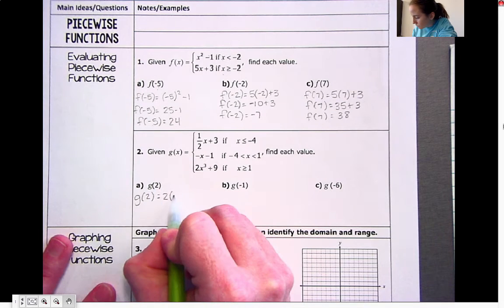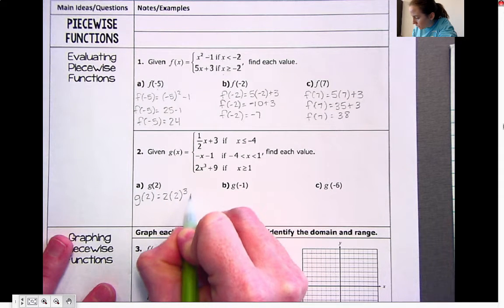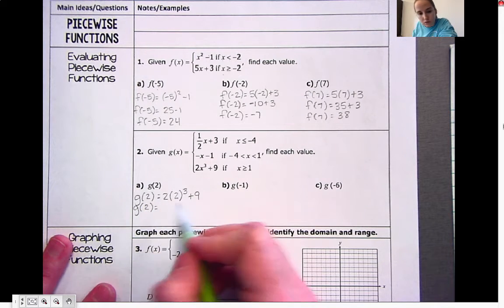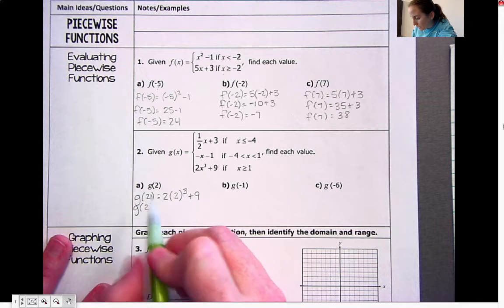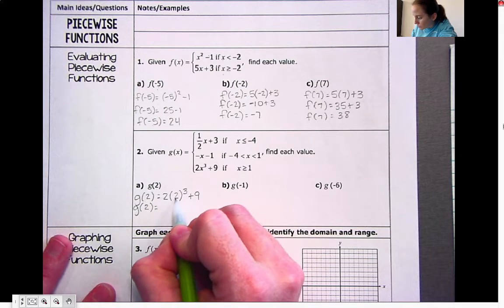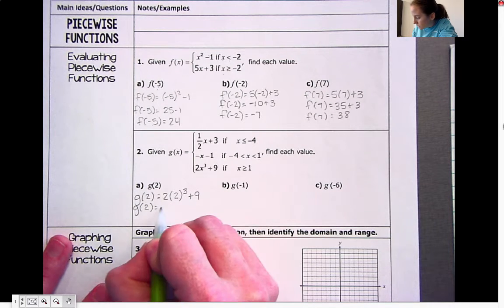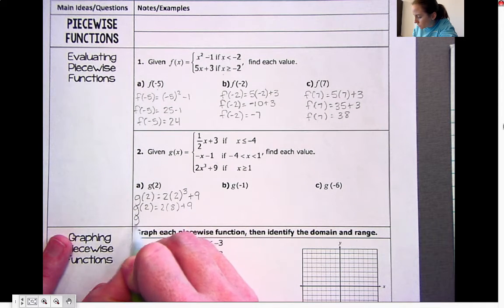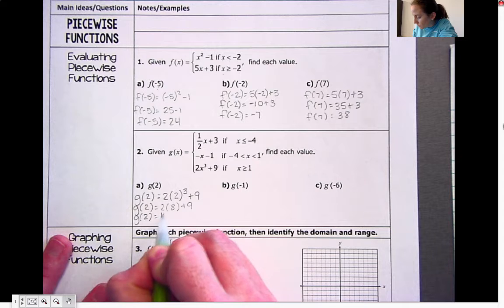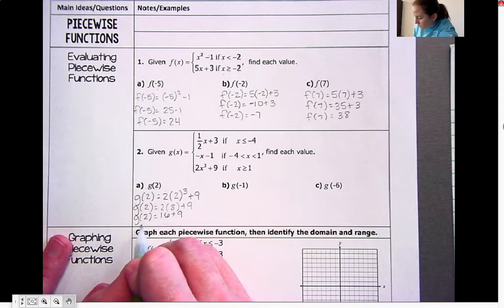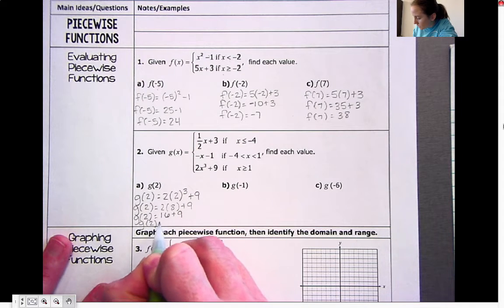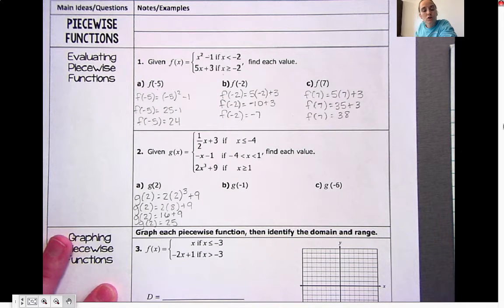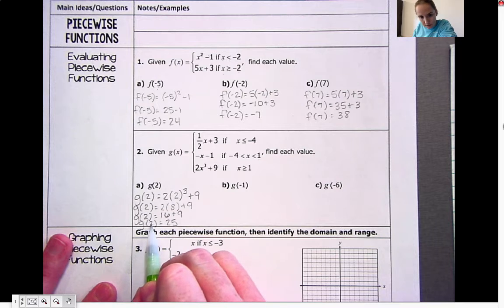and we say g at 2 equals 2 times the x value that I'm using, 2 cubed, plus 9. So g at 2 equals, don't forget to do your exponents first. You cannot multiply this first. Okay, so we get 2 cubed, which is 8. 2 times 8 plus 9. So we have g at 2 equals 16 plus 9. G at 2 equals 25. So if I were to graph this point, I'd go over to 2 on the x-axis, and I'd go up